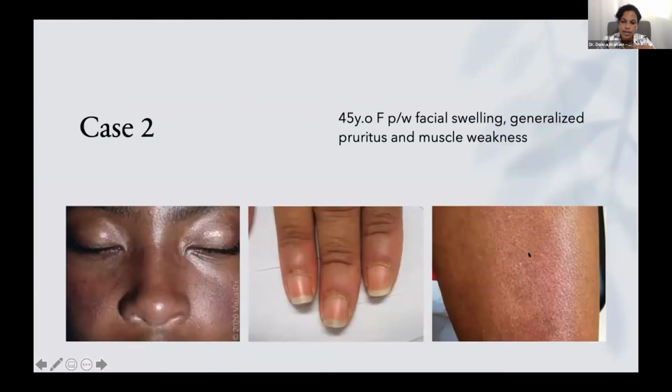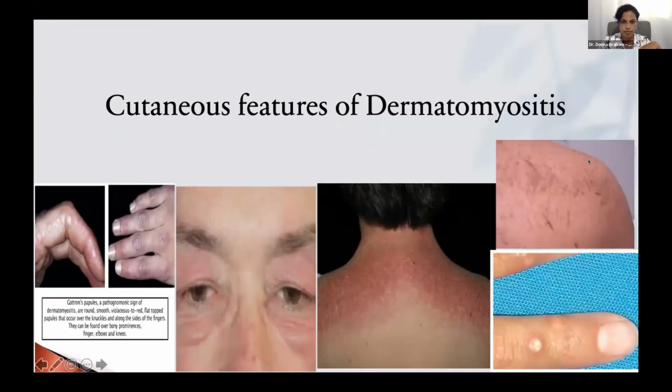On her thighs, I don't know if you can appreciate here this erythematous patch with telangiectasias, and you've seen some hypopigmented macules. This is what we call poikiloderma, where you see this erythema, purplish color with it, some hyperpigmentation, hypopigmentation, telangiectasias. And those lesions, when it's occurring on the hip, that is called the Holster sign. So this patient actually has dermatomyositis.